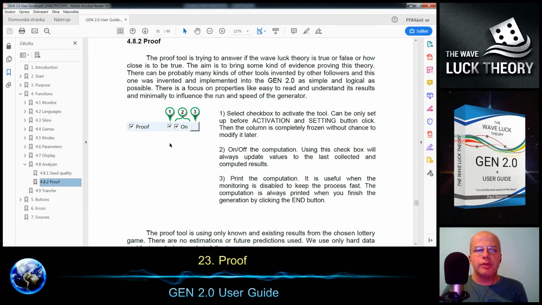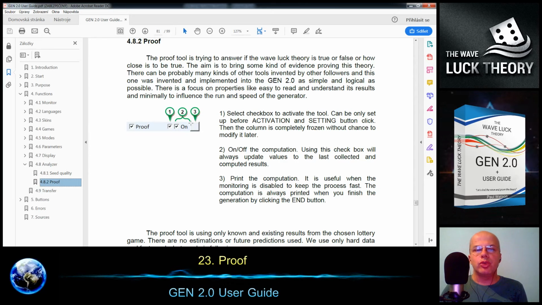At first we have the control panel where we can switch on and off the online monitoring of the proof tool. Then there is the activation of the proof tool, which we should do during the primary settings because after that it's not accessible. Then we can switch on and off the computation during the generation, and finally we can print out the results during the generation.